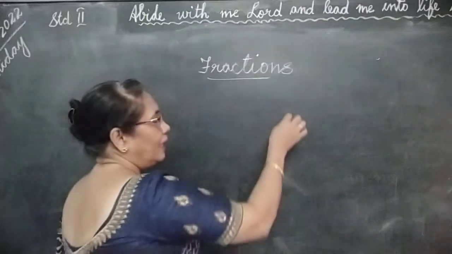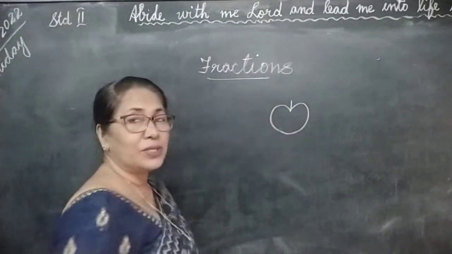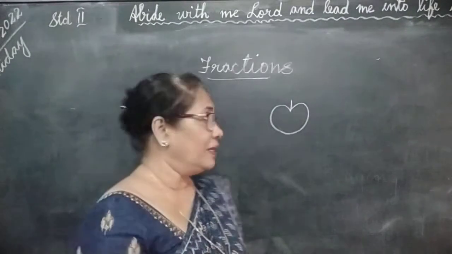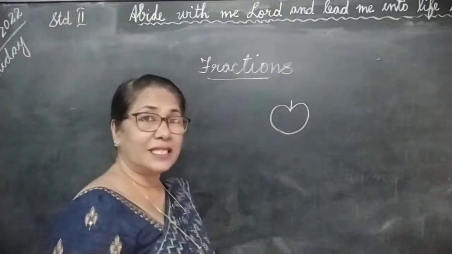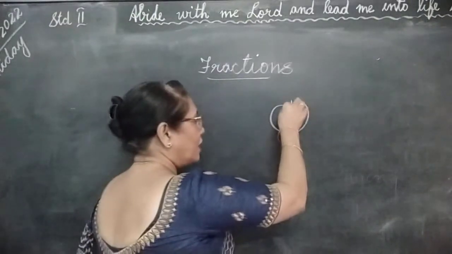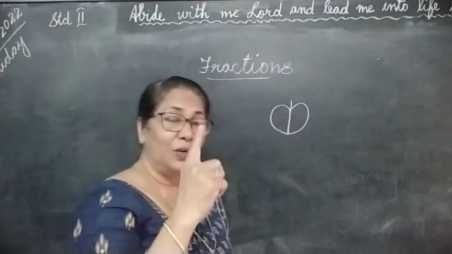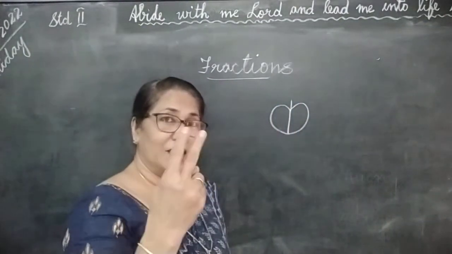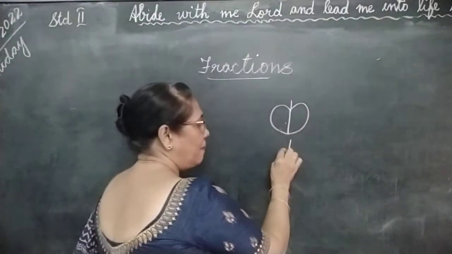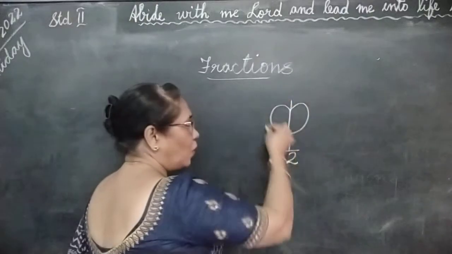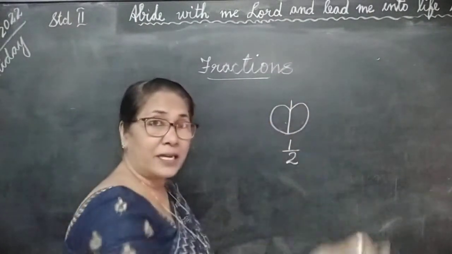For example, now this is an apple. Now we are going to share it between two people. This is the whole apple. This is the whole part. Now we want to share it into two pieces. So now it becomes two pieces. The one whole part is divided into two. So this we write as 1/2. That means the whole part is shared or parted into two.